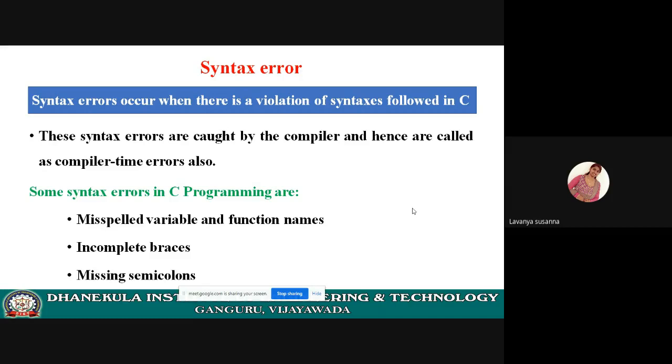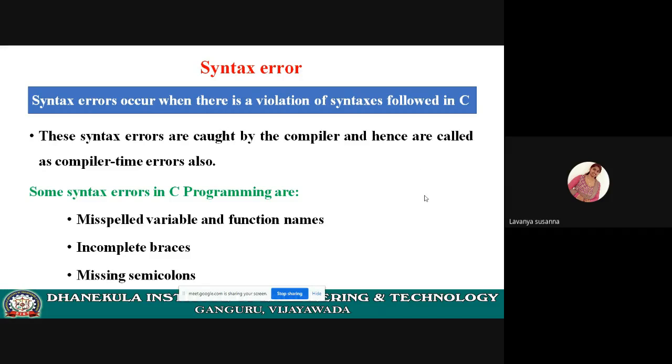The compiler will report the errors, and you need to rectify them and compile the program again. If there are no errors, the compiler generates the binary code. Remember that.